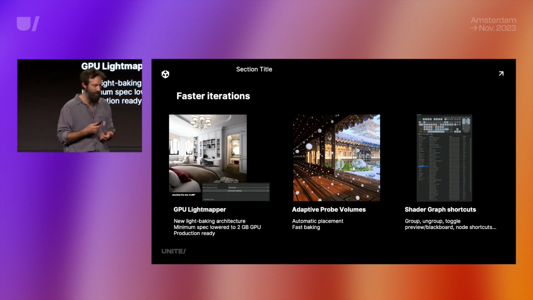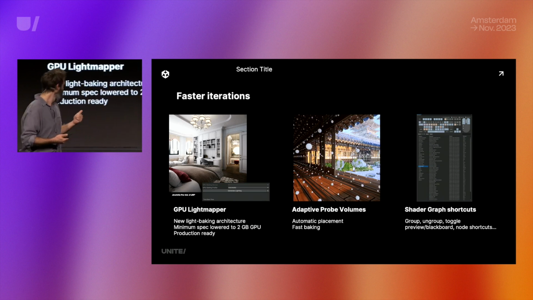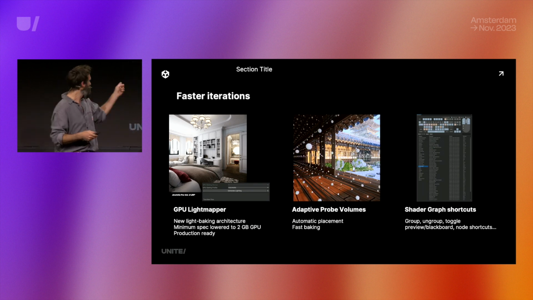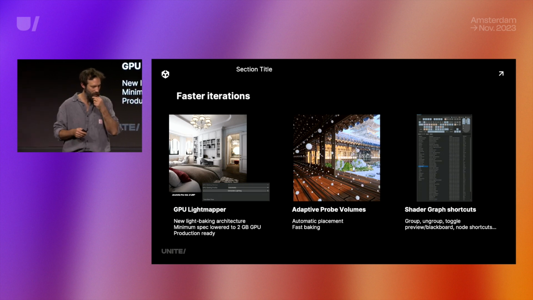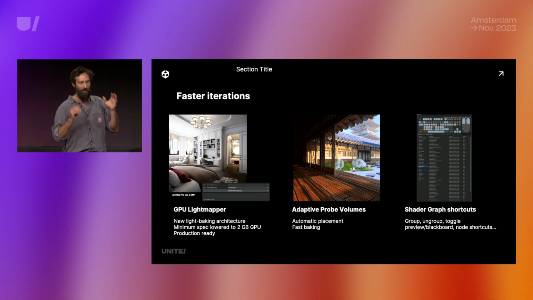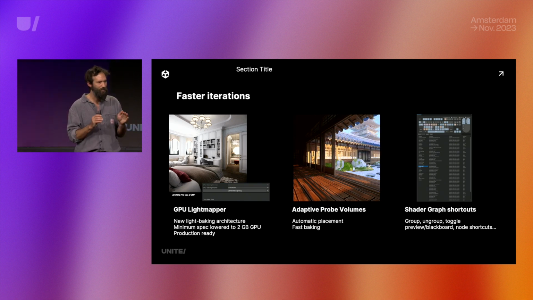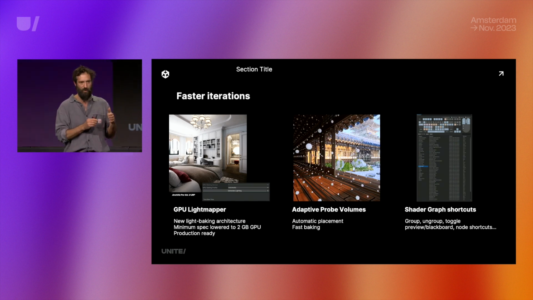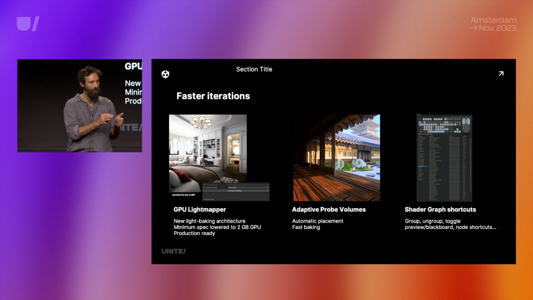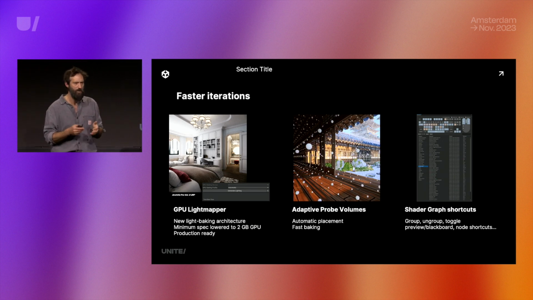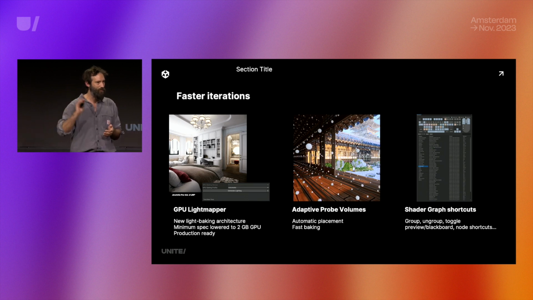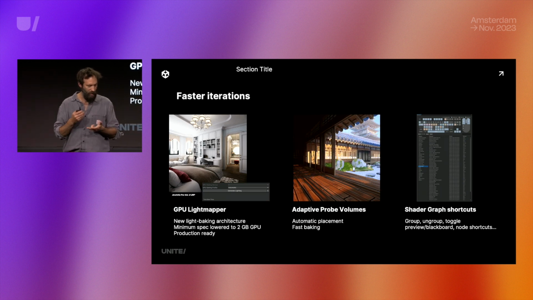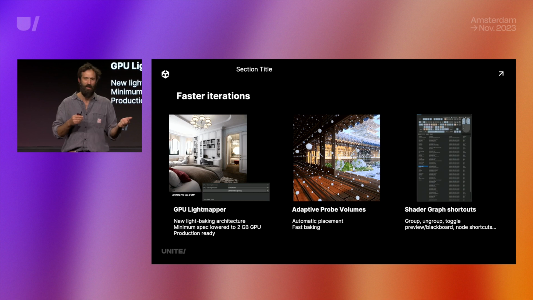So we also wanted faster iterations. So as I mentioned, the GPU Lightmapper, which is now pretty good. I talked with one of the ArcVis Pro creators, and he was telling me that he was only using the GPU Lightmapper, and he was saying, oh, but the memory sometimes is a bit big right now, and it's exactly what we reduced. Now you just need 2 gigabytes of GPU memory to be able to use a GPU Lightmapper, which on Steam represents something like more than 90% of the devices. So adaptive probe volumes, it's clear that it will be faster iterations, and something amazing,